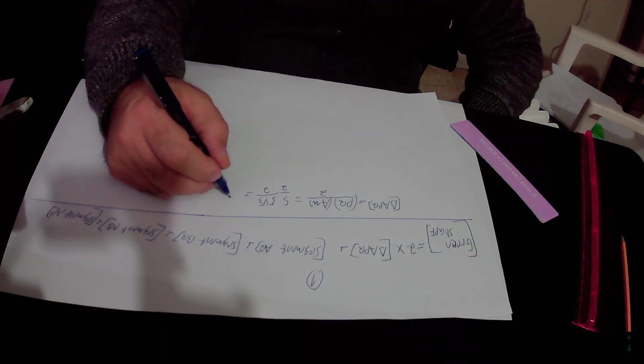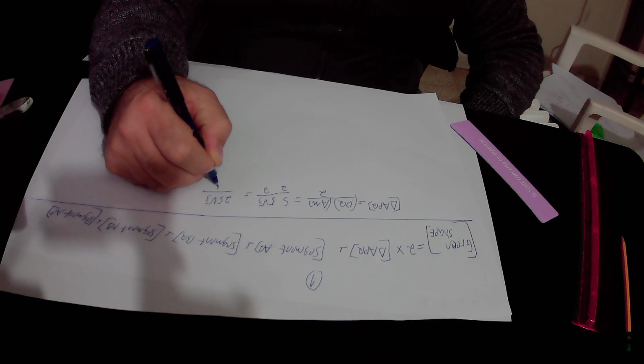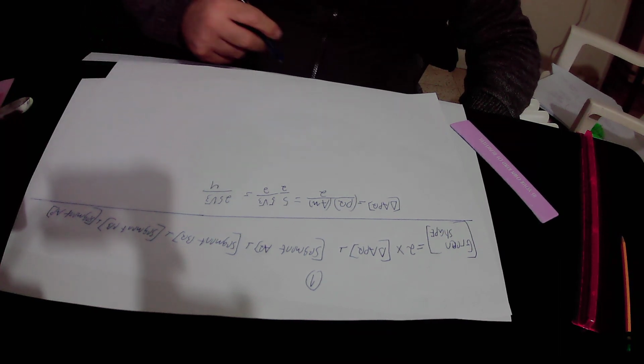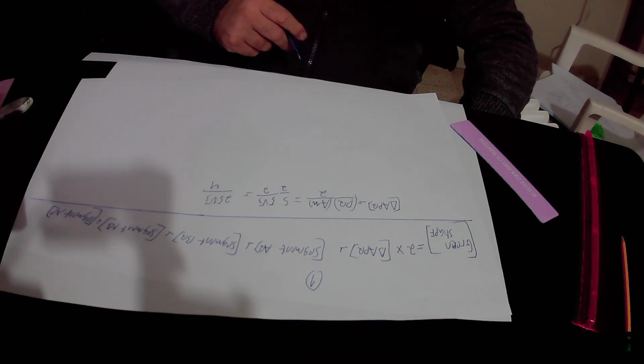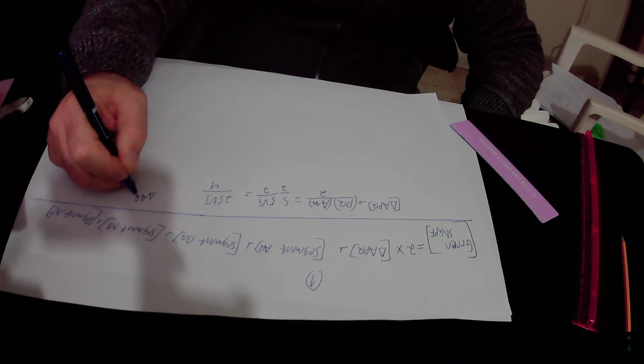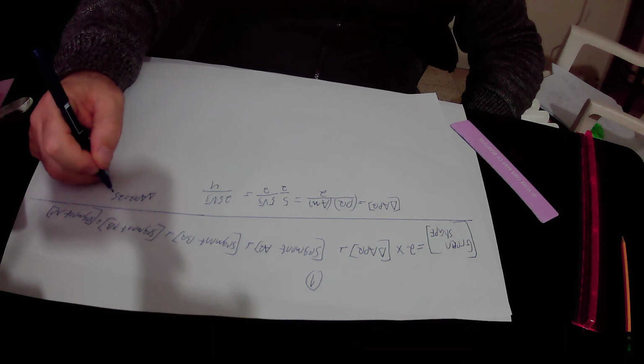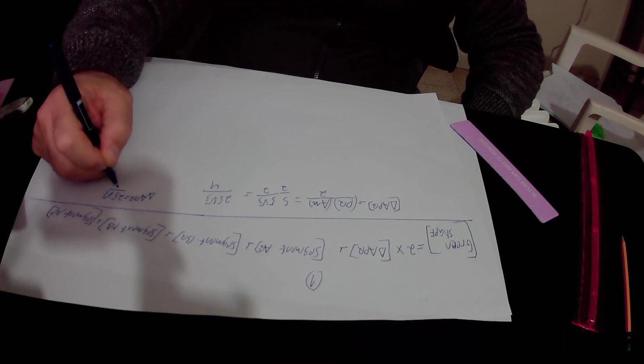So 5 times 5 is 25, times square root of 3 over 2 times 2 is 4. So the area of triangle APQ is equal to 25 times square root of 3 over 4,